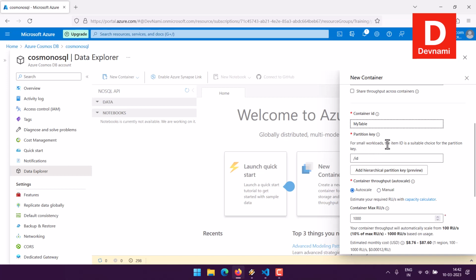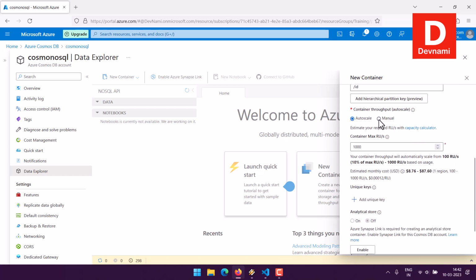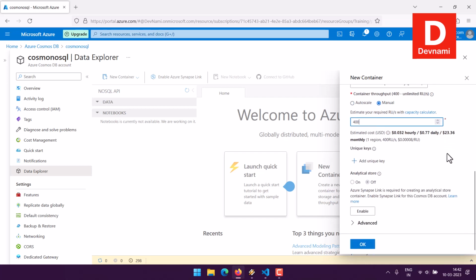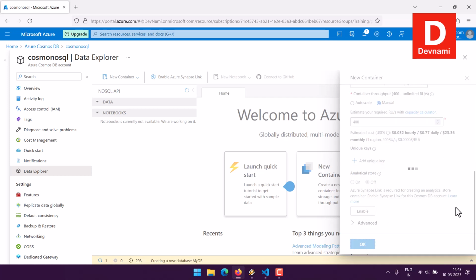Then here for small workloads, the item ID is suitable for partition key. Fair enough. Then we will go for manual throughput. Let's set this to 400 and now just enable by clicking on OK. If it tells you that it needs a unique key, then you can give it a unique key by using something like ID or maybe date, etc., and it will create that container for you. Once you have that, we can go ahead and manually add some data